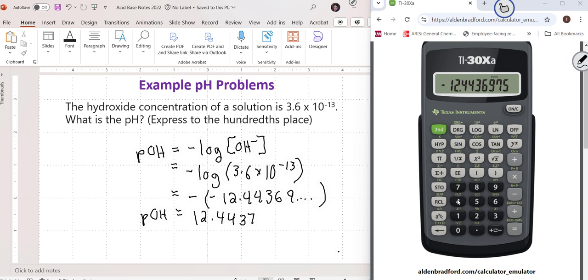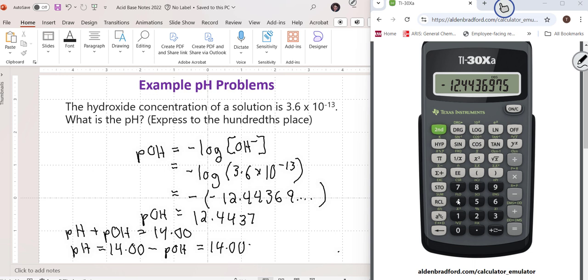So next, I'm just going to use the relationship that pH plus pOH equals 14.00. And then I'm going to subtract the pOH from both sides to get pH. So pH equals 14.00 minus our pOH, and that equals